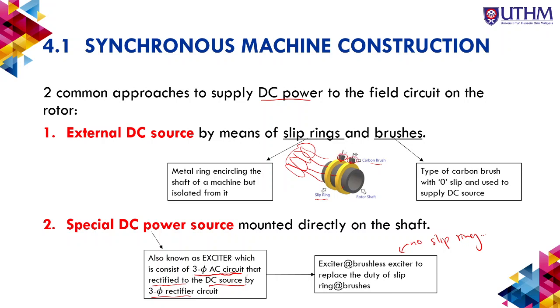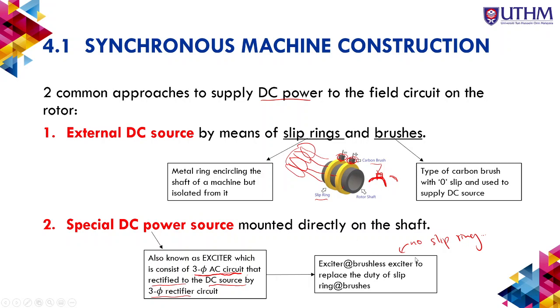At long term, the force or the connection between brush and slip ring will reduce, so maybe there will be a gap. Once there is a gap, the supply is not that good. So to improve, they use a special DC power source,